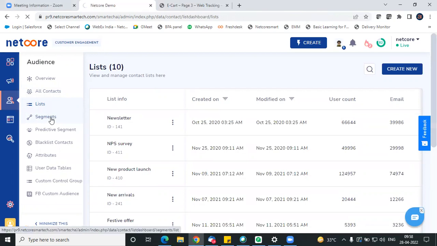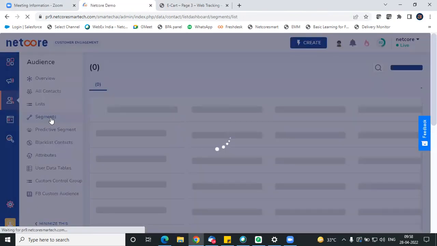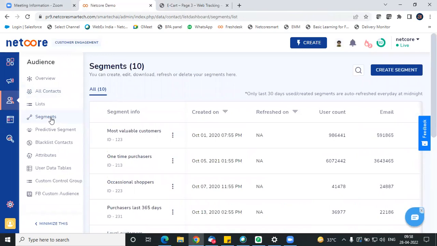Segment is something which is very, very crucial to understand, because if you're using all the channels and if you basically want to get a user behavior based segment for your marketing campaigns, and that is the best strategy, I would say, because sending to all of the customers doesn't make sense, right? It is heavy on cost, and plus it also does not give you a better engagement rate, and at times it might demotivate you to reconnect with the customers. So especially for that, we create segments